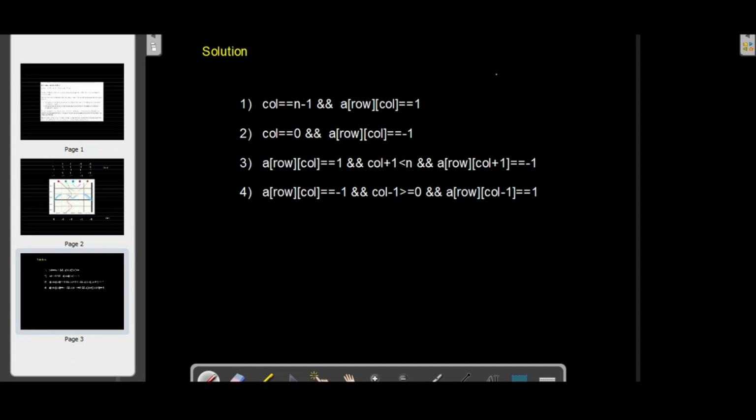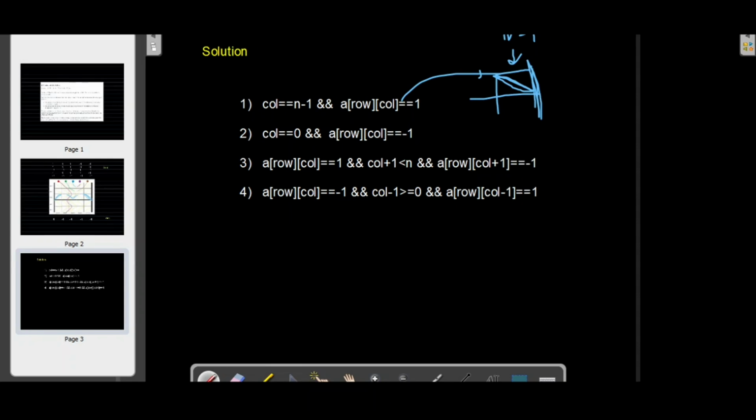For this condition, let's say it is the end of our grid, so this condition corresponds to this. If we are in the n-1th column and the ball gets stuck in this portion, the ball can never go further.